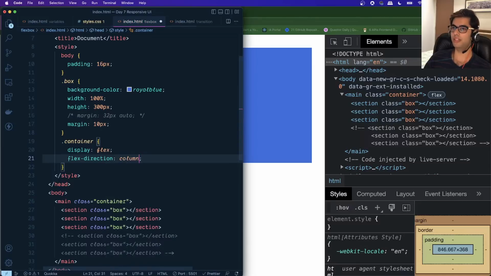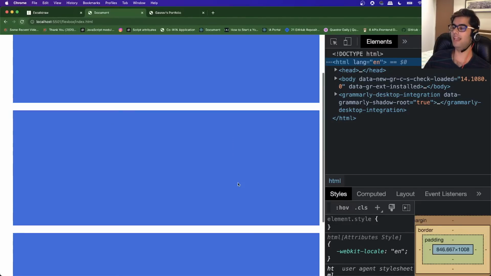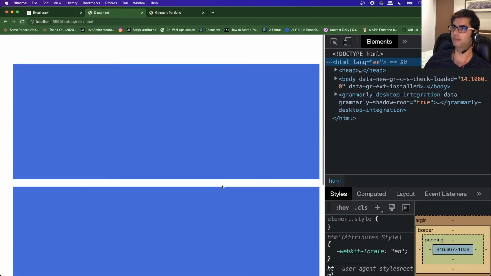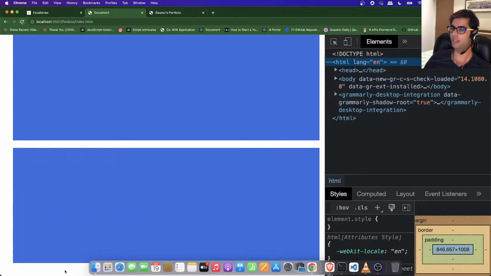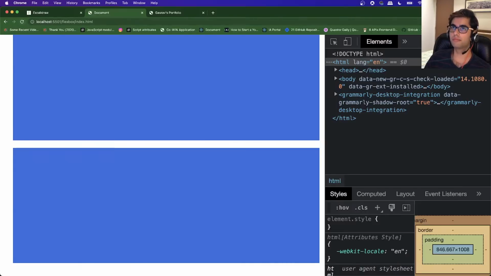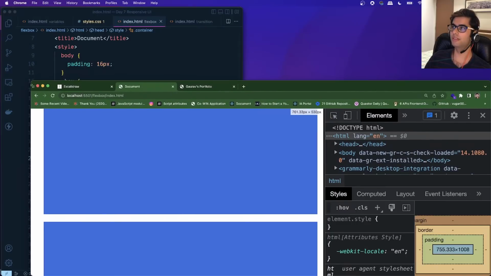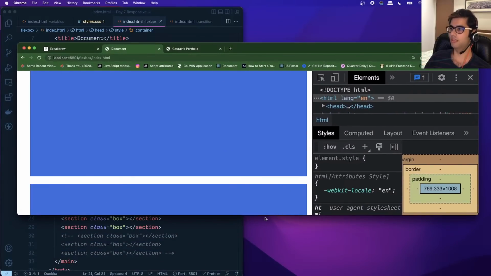Let me change it to column, and now you can see that the elements have been stacked vertically, right? And now if I try to change the height over here,